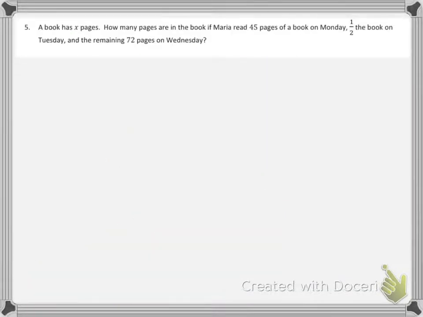Okay, next one. A book has X pages. How many pages are in the book? If Maria read 45 pages of the book on Monday, half of the book on Tuesday, and the remaining 72 pages on Wednesday. So I'm going to add all of those up. So she read 45